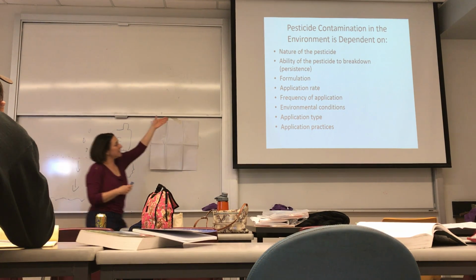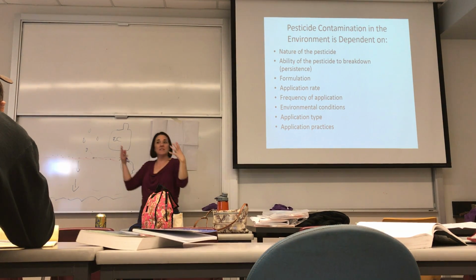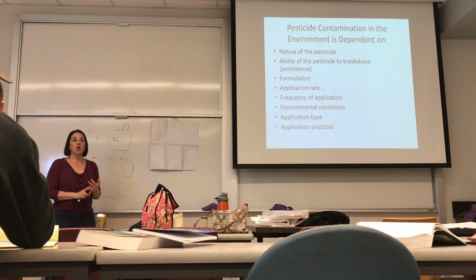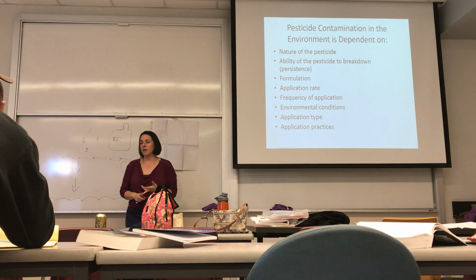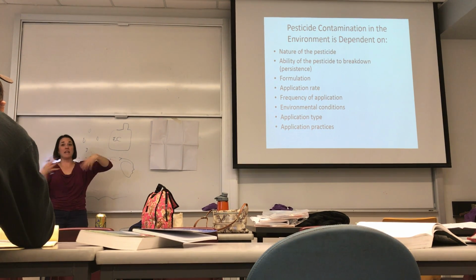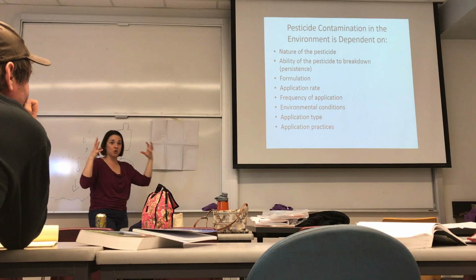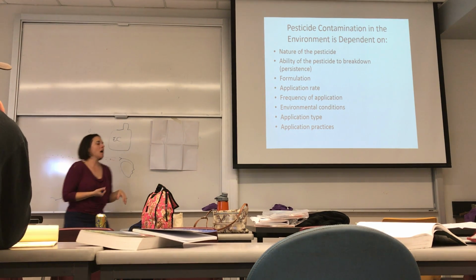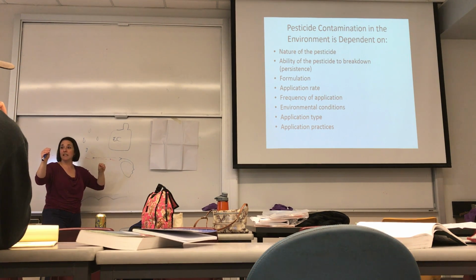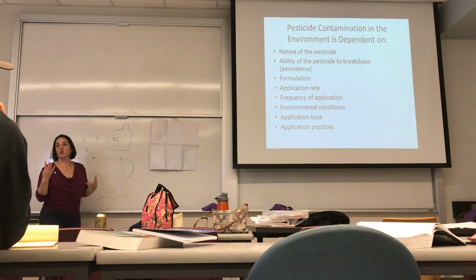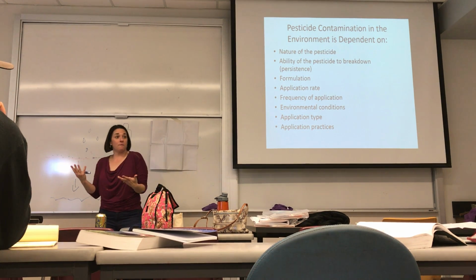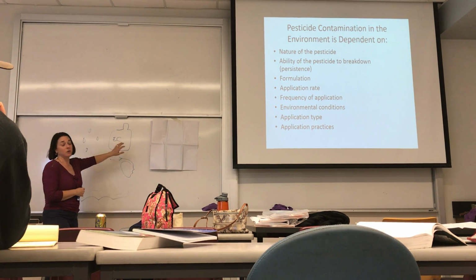So the formulation is just how the pesticide comes in the original container. It could be formulated as a dust, a granule, or a water dispersible granule, which is almost like an EC, but it's a granule that suspends in the water to do the job as opposed to solubilizing. And there are different liquids. Emulsifiable concentrate is a real heavy liquid, whereas we have some that are more soluble and less heavy. I don't want to talk too much more about formulation, but you should know about emulsifiable concentrates because